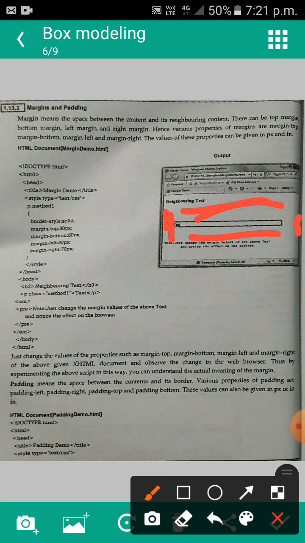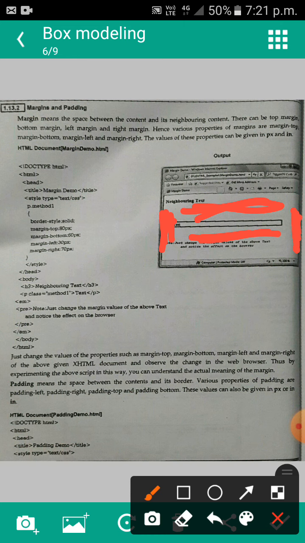Hence the various margin properties are margin top, margin bottom, margin left, margin right. The values for these properties can be given in pixels.